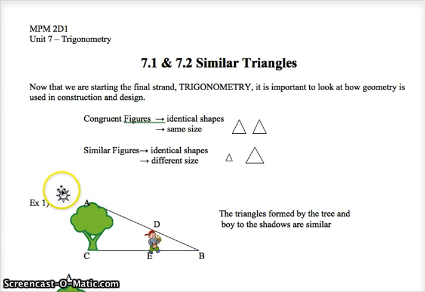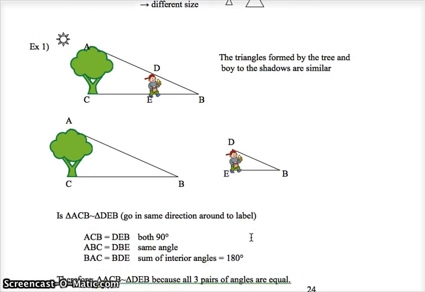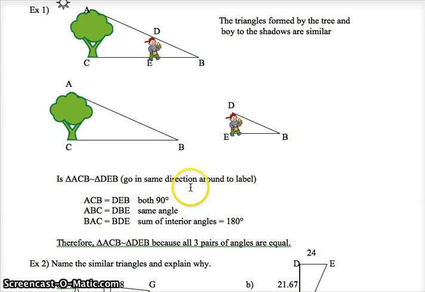So if we have the sun shining past a tree and a boy, we could see that we have two right triangles formed. We have a big triangle ABC and we have a smaller triangle DBE. Okay, and the angles correspond. So we can look at, well, what does everything go to? So if we want to prove that triangle ACB, so going to the right angle, is similar, so that's the single wavy line, to triangle DEB, okay,